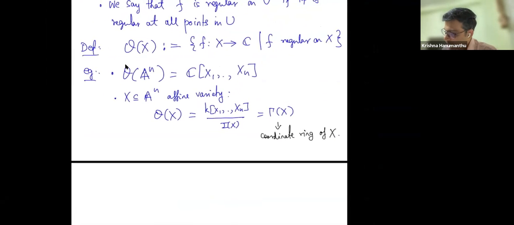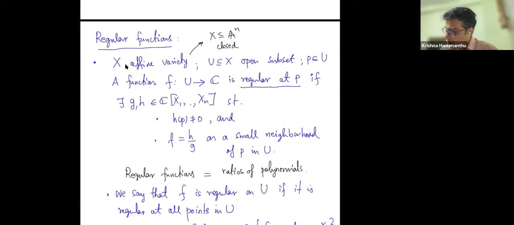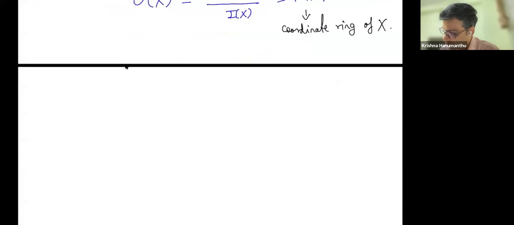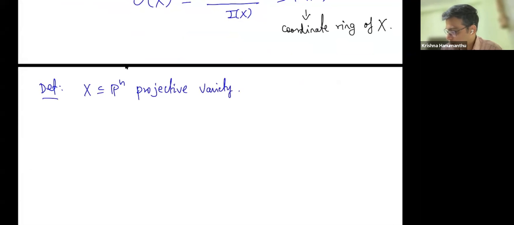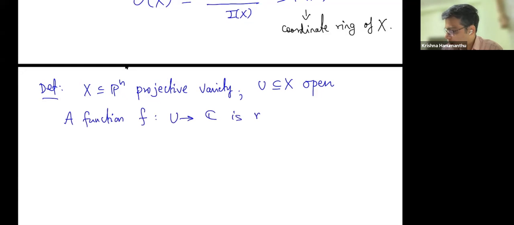So now we have a similar definition for projective varieties, but the crucial difference is, so maybe I'll not write the full thing, but this is important. Let me write at least the basic facts. So if X is a projective variety, so again, a closed subset, a regular function on U, where U is open, so a function f from U to C, P is in U, is regular at P